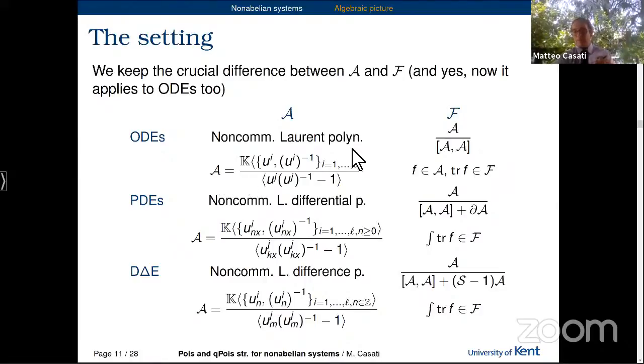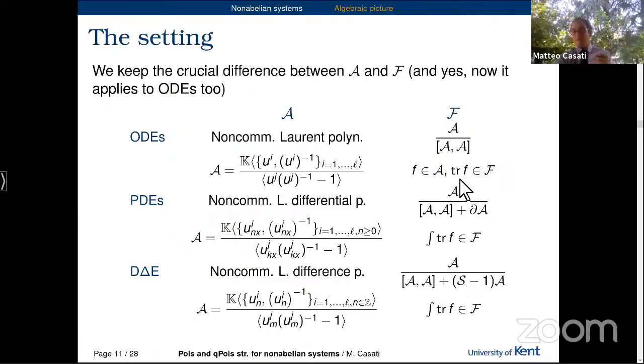You have the quotient of a free algebra on one side, and then the quotient of that space by two operations now, by the commutator of the product there. Basically, that means that your elements are traces of Laurent polynomials in the space A. Or, if you're working with a differential or difference system, on top of the trace you have to put some kind of integration operation. More details on that to follow.